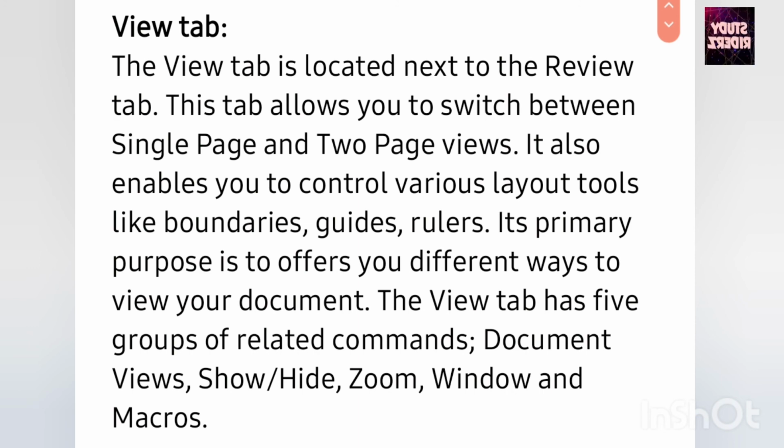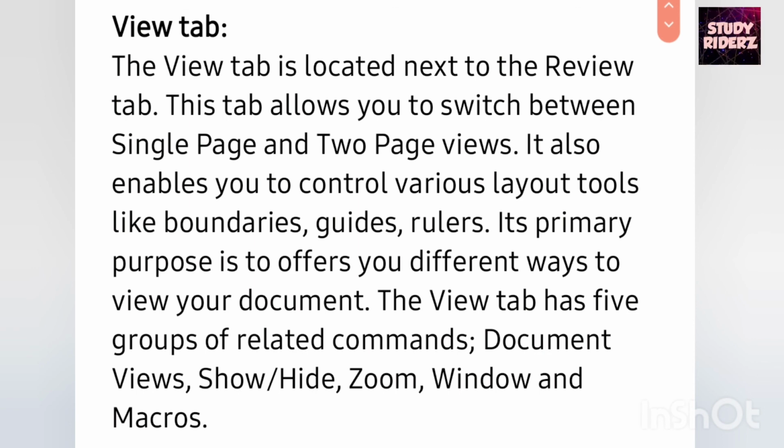This view tab helps you to control the various layout tools. So the layout tools are boundaries of document, guides, ruler. The primary purpose of the view tab is to give you different ways and different styles to view the document. You can view your document in a different layout or different styles.